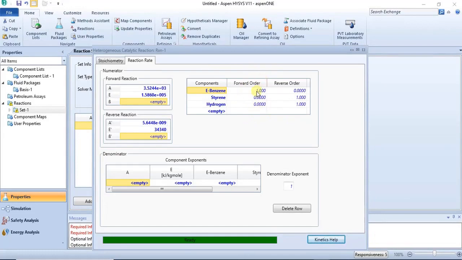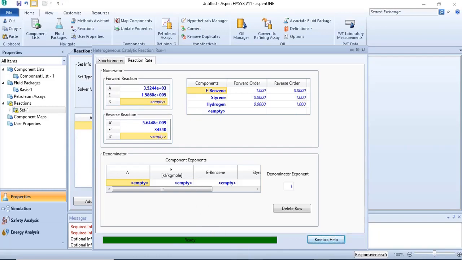So these are the default values, but based on what you have in your rate expression, you are supposed to edit them, right? But in this case, they are already correct, so I would leave them without editing them, right? So you have PST, pH2 for reverse, and then you have PEB for forward, right? So all of them are 1, right? 1, 1. So they are correct, right? So we can leave this section and go to the